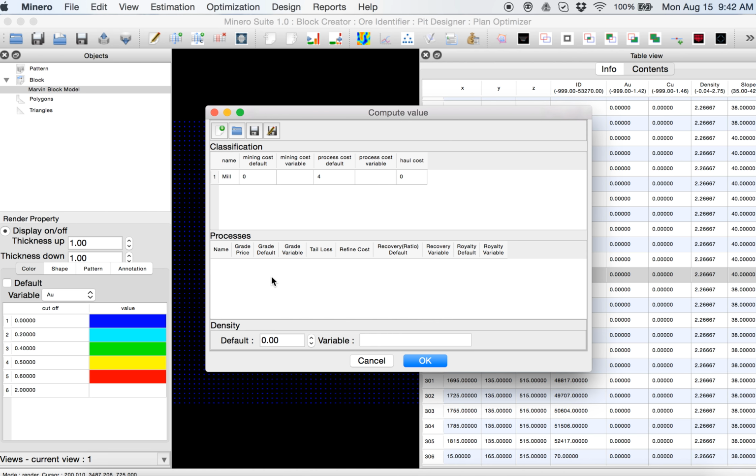Also in processes, we're going to insert two processes: gold and copper.